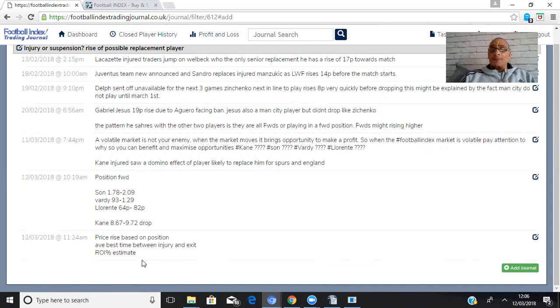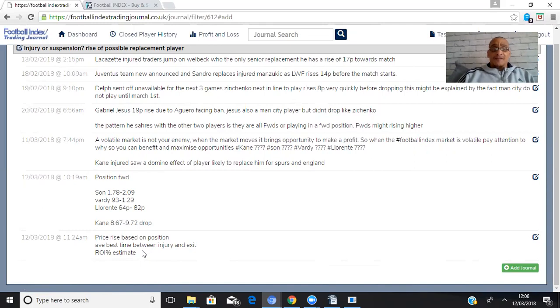And know that once that rise is hitting or around 10%, you can exit for a profit. Whereas someone else might continue to wait for the rise, but you have the data to back it up that tells you defenders usually only rise about 10, 15p or 10 to 20%. You will have this data here.